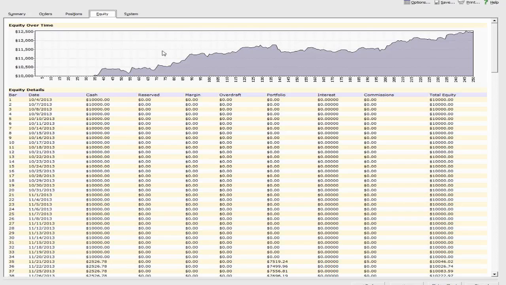Now, efficiency is very much the same measurement. If we're looking at an equity curve that gets us to 12,500 and looks like this, we know we're always on the road driving, which means our money's always at risk. If I find an equity curve, and there are plenty of systems in MetaStock that will do this, that is out of the market for long periods of time and has flat equity, those are systems that I generally tend to prefer,